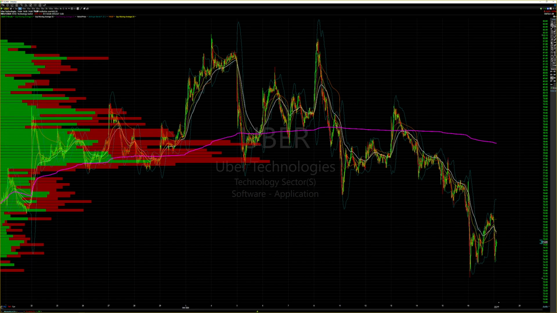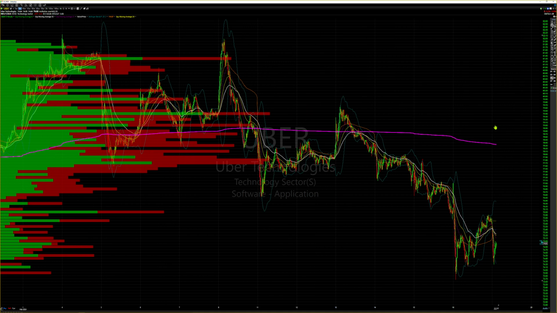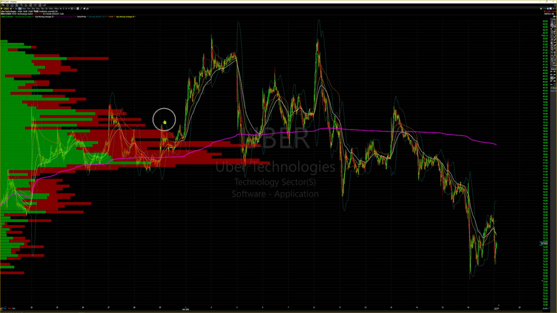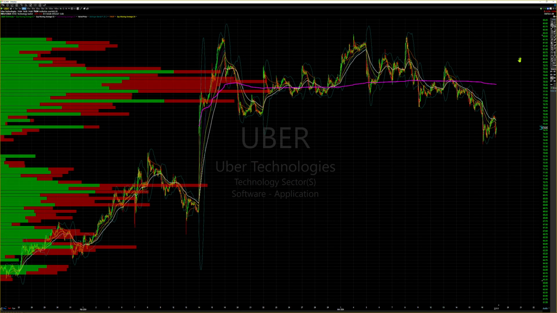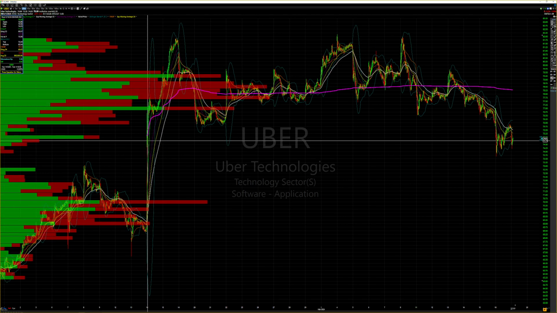And again, the goal for me over here on the right side of the screen is to get as tight as I can. So there's a 10 cent spread right now, but you'll see if I scroll in and out, it's going to get bigger and smaller. So now there's a 25 cent spread, right? So I want a 10 cent spread, and I can't go all the way back on a 5 minute chart, so I'm going to have to use a 10 minute chart. But to get the spread, I think I'm going to have to zoom in from this date or this candle here.